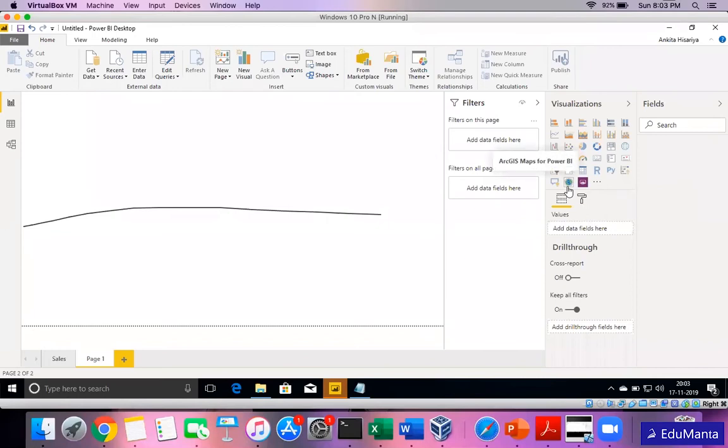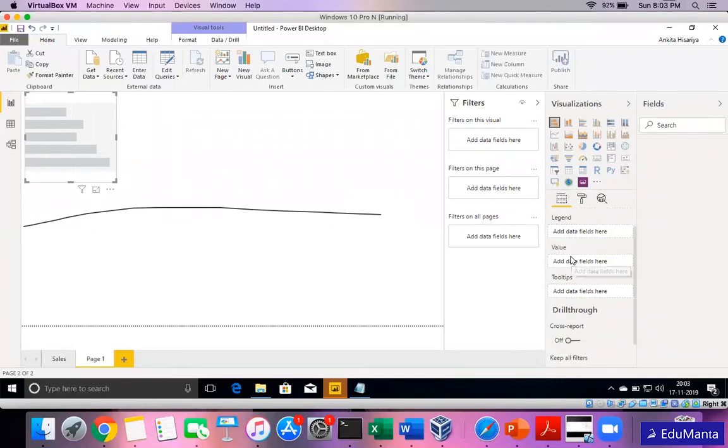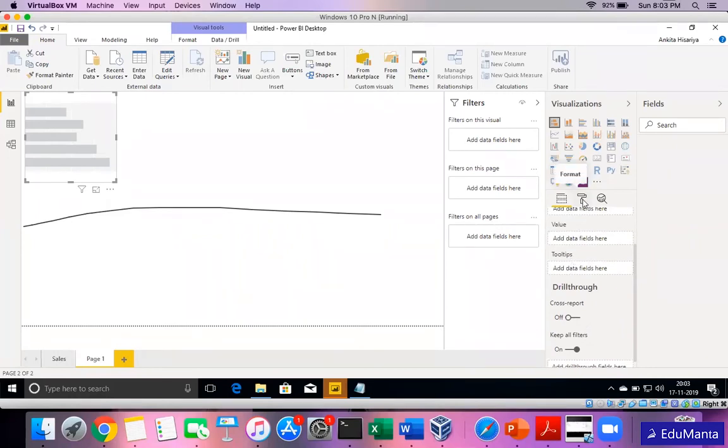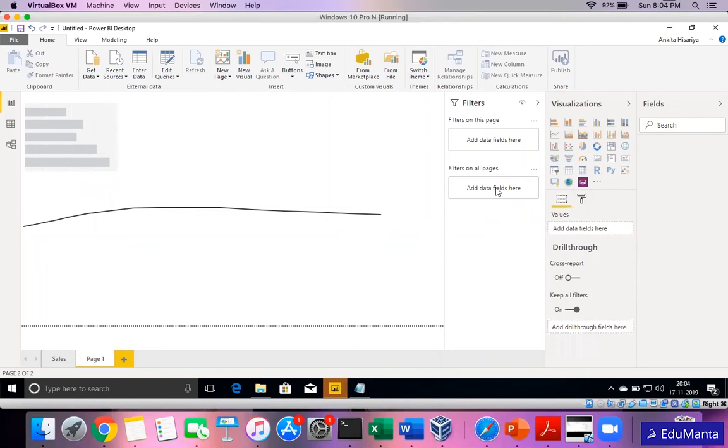Whenever we have any visual in the report, this particular pane will show, for example, if I am having a chart, what fields I put into the chart. On the axis, I can pull any other field, a legend, and so on. This is the formatting pane, which is, again, specific to any visual. For example, if I'm having a chart, the options are different. If I'm selecting the page, the formatting pane will have different options.